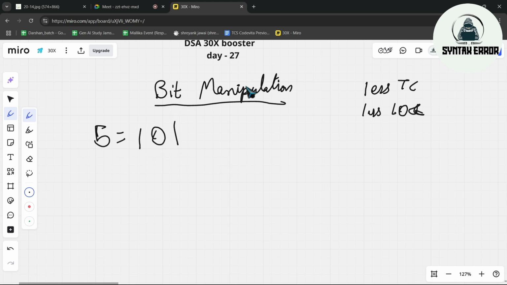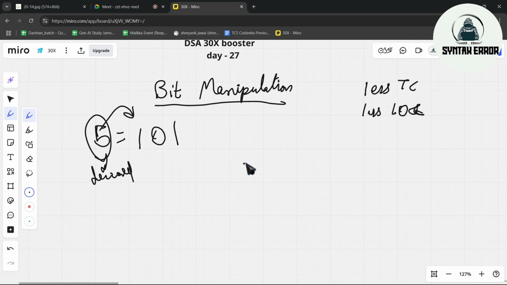When we come to the topic of bit manipulation, we will be manipulating our given integer by bits. We will not take an integer in this format, which is called decimal format. We will convert it into binary. Anyhow, our compiler will convert everything into binary, so we will manipulate using binary itself. How do we do that? By using some operators.